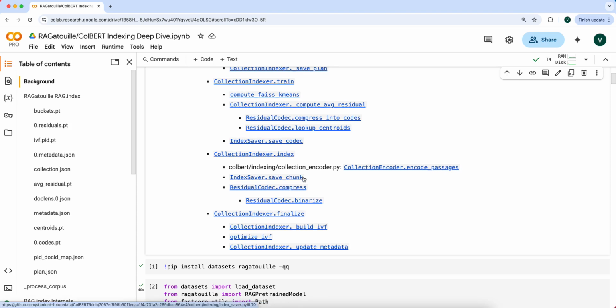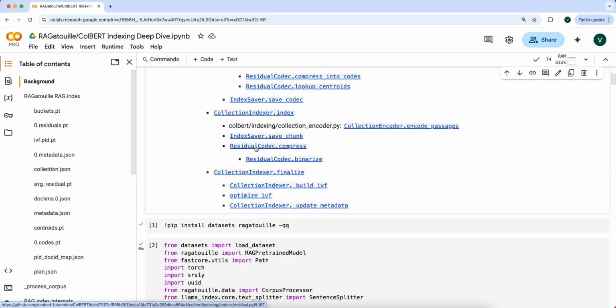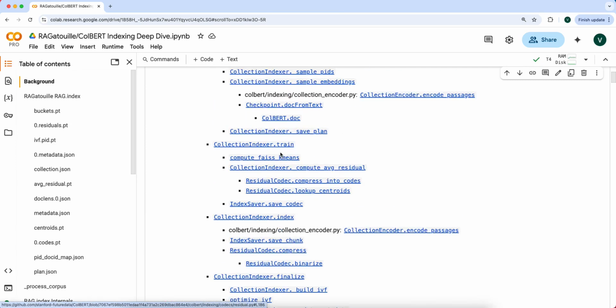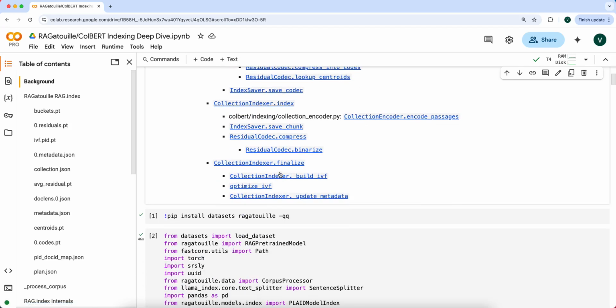There is a save chunk method that we're going to go into, which handles some of the intermediate artifacts that are created. We're going to use our residual codec, which handles all of the quantization, the compression and binarization of our residual vectors. And that gets saved. And then we run our final command inside of collectionindexer.run, which is collectionindexer.finalize, where we build our inverted file index,